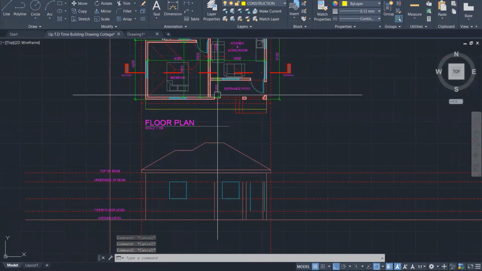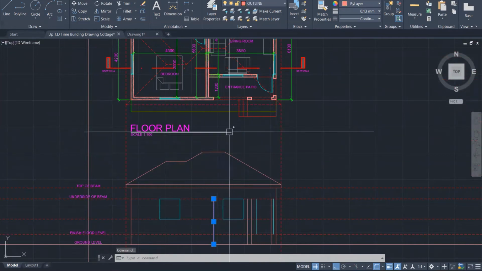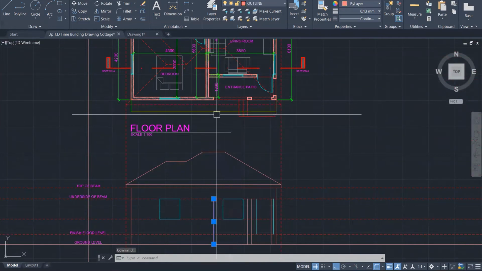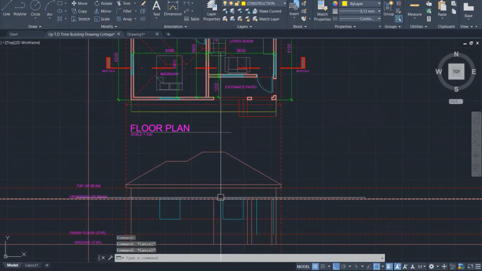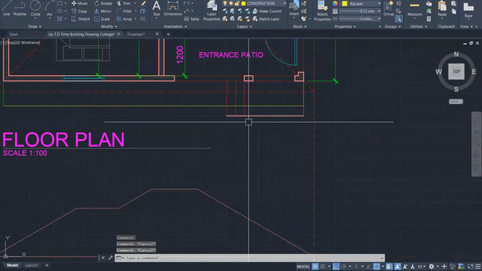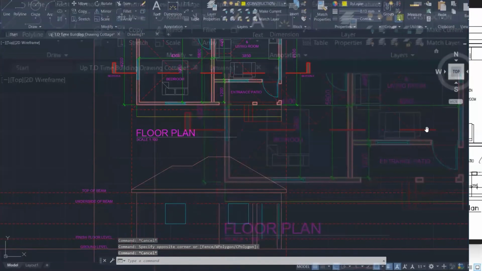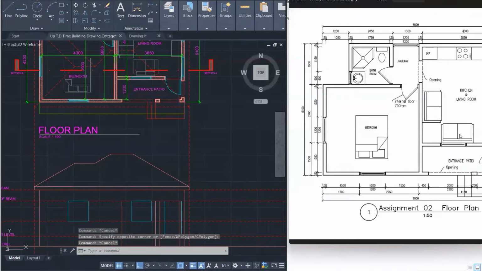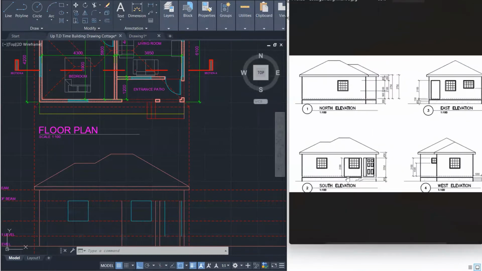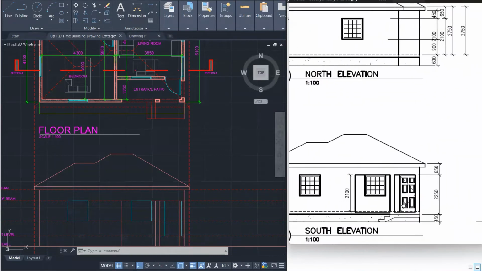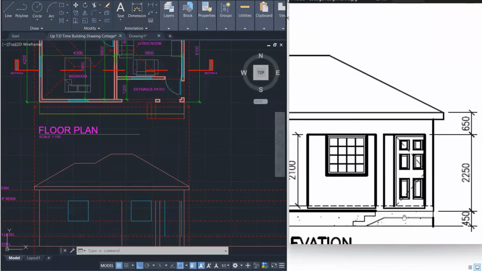Now, what happens to this line here, right? This line here is going to be the inside balcony or the entrance to the patio. Not the balcony, the patio, sorry. And we need to find out how to put in these steps. So let's go back and look at a piece of interesting information. Now, to get in these steps,